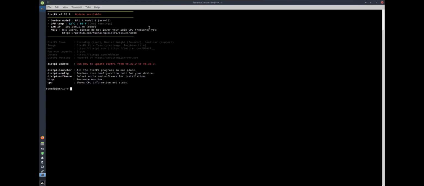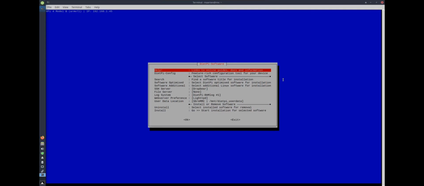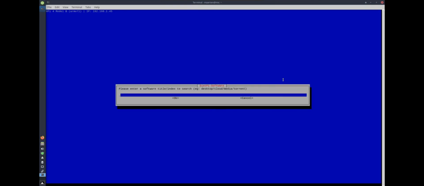Now I have different options as I'm shown here, and there's Dietpi launcher, config, software, etc. I just launch Dietpi software. And in Dietpi software, I can search for optimized software here. I can either list it or search for it. So I can search for example,